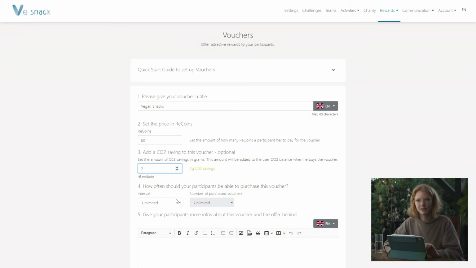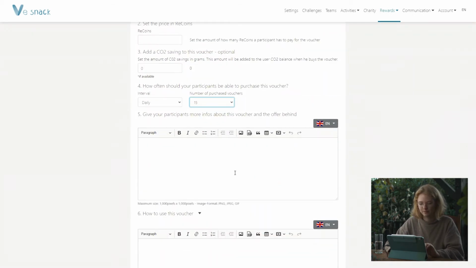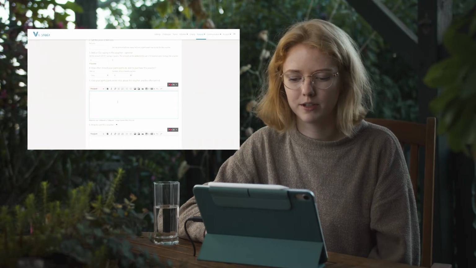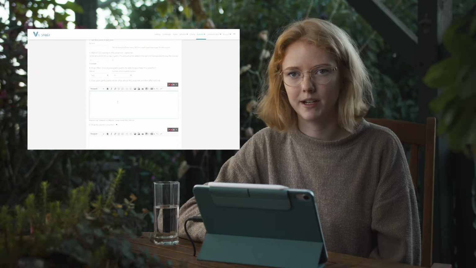The fourth question is how often your participants should be able to purchase this voucher. For example, I'm gonna offer my veggie snacks daily, and there will be 15 vouchers available for all of my participants every day. In the fifth step, you have to add information about your voucher that will be available for